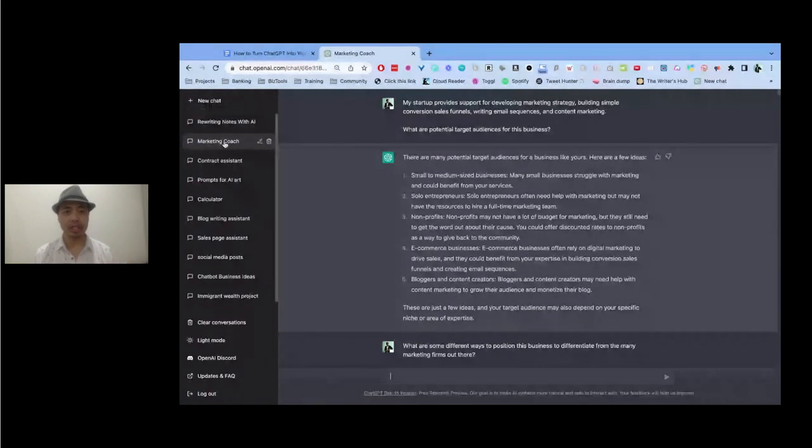One thing to note is that it's a good idea for every project or every type of session you're going to do that you create a new chat for it. And the reason for doing this is one, it's easy for you to identify which project it is on the left menu here, so you can always go back to it, and you can keep things nice and tidy